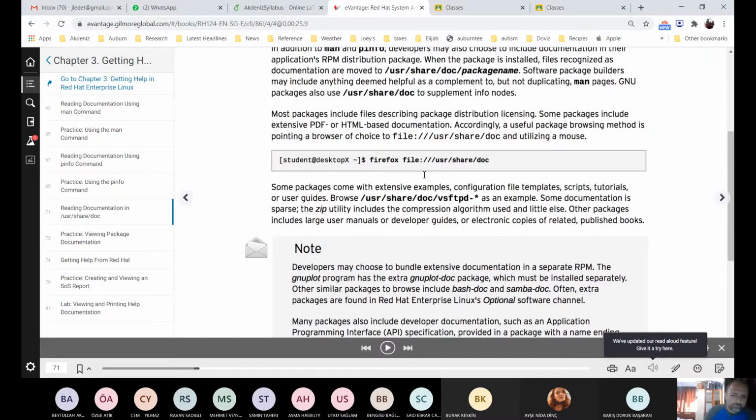And so, I do want you to at least have an understanding that Linux, Red Hat and CentOS, provide ways to access that information without having to go out and trust the internet. Okay,